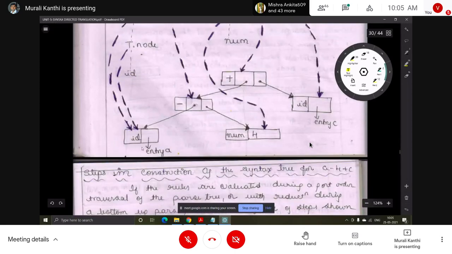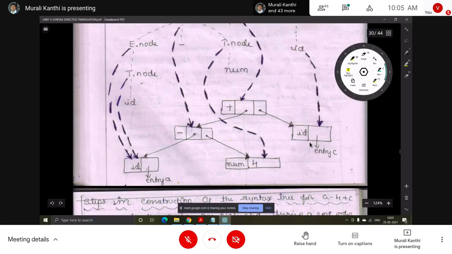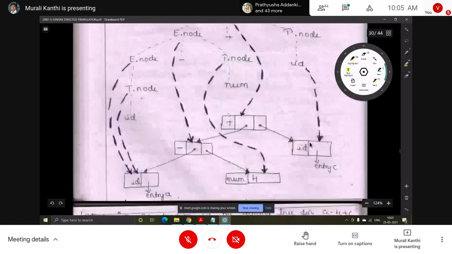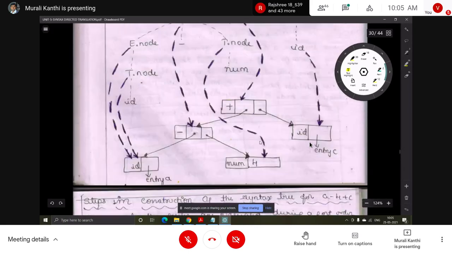With id, a leaf node is generated. So that's why it points to this node, and with this place a node is created, and with this number a leaf node is created.